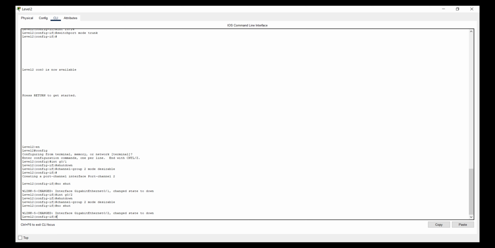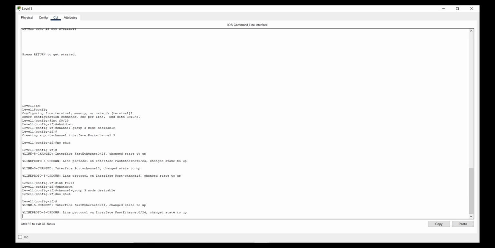And lastly, turn on the port after creating port channel 2 by using the no shut command. Here's the picture of the configuration that I already made to create port channel 2 in switch level 2. After that, I'm creating port channel 3 in switch level 1, where the related ports that need to be created as port channel 3 are